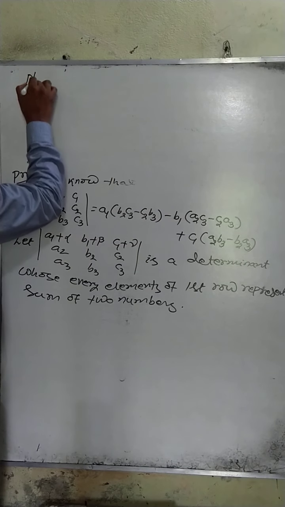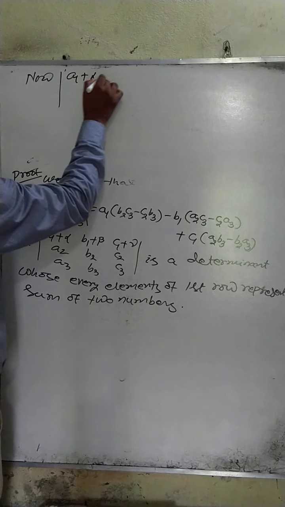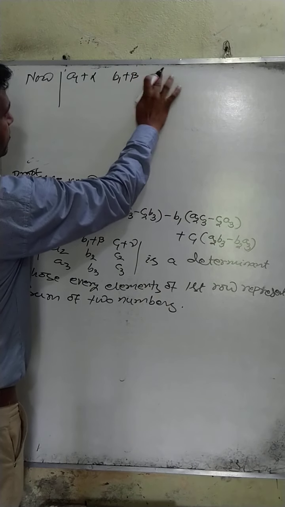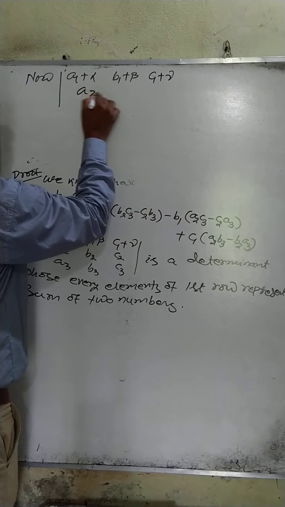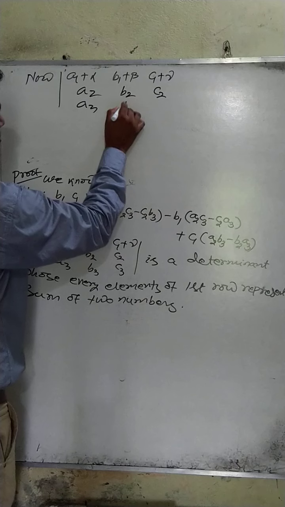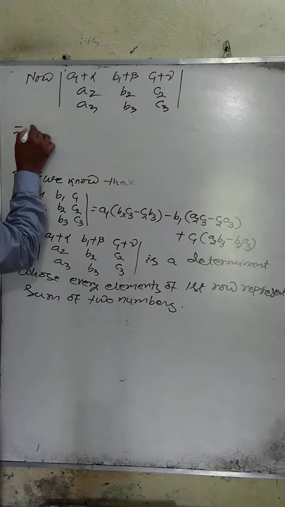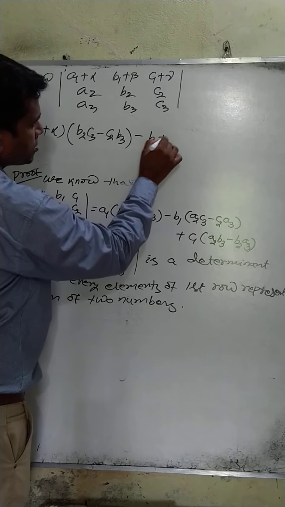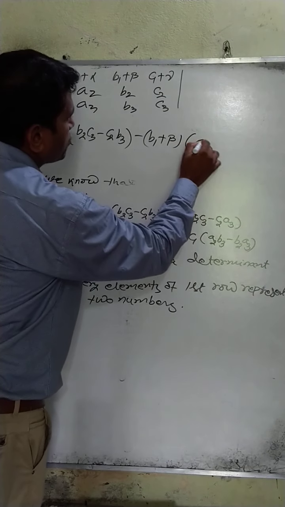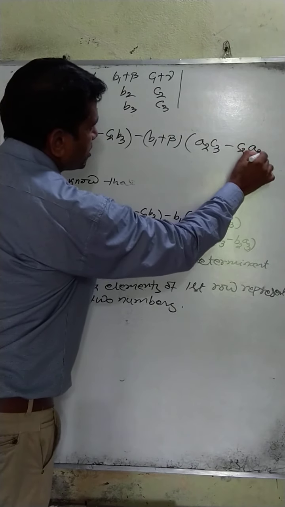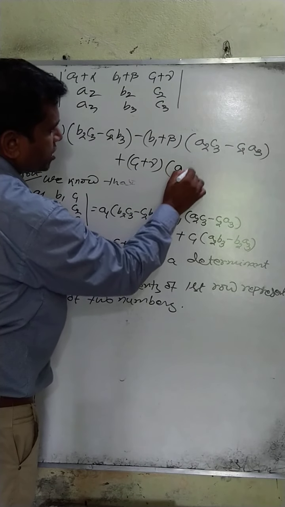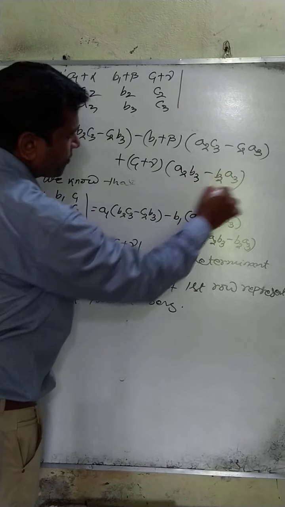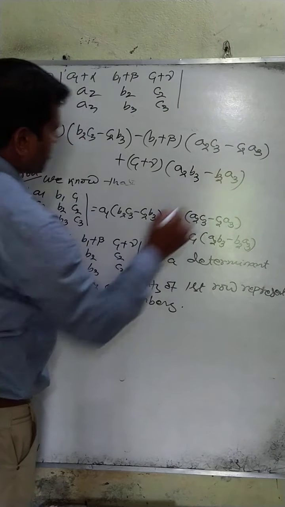Now, A1 plus alpha, B1 plus beta, C1 plus gamma, A2, B2, C2, A3, B3, C3, that equals A1 plus alpha whole into B2, C3 minus C2, B3, minus B1 plus beta whole into A2, C3 minus C2, A3, plus C1 plus gamma whole into A2, B3 minus B2, A3. Okay, that equals